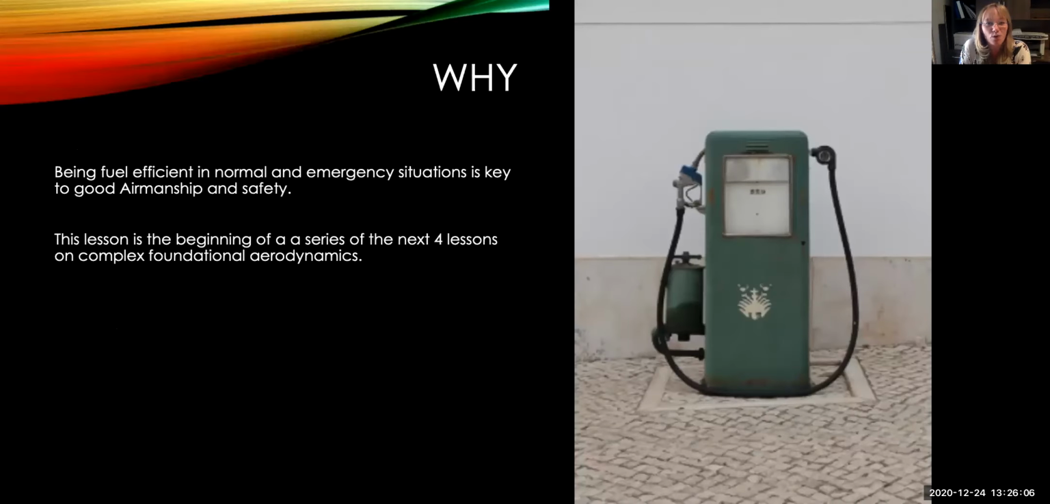Why do we do this? What's the point? Well, being fuel efficient in normal and emergency situations is key to good airmanship and safety. If I were to break this down into simple terms, it's a trimming exercise. So it's helping the student, prior to any of the difficult exercises, understand the lift trade-off